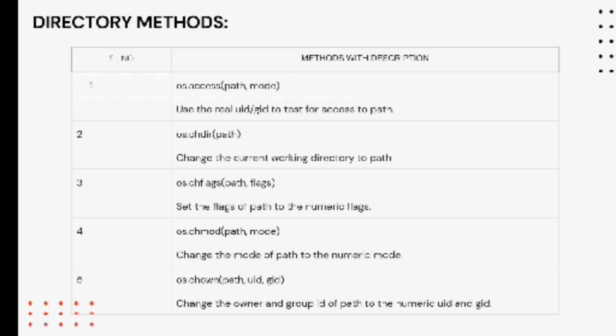Directory methods. There are 63 directory methods we can find in the Python language. Let us